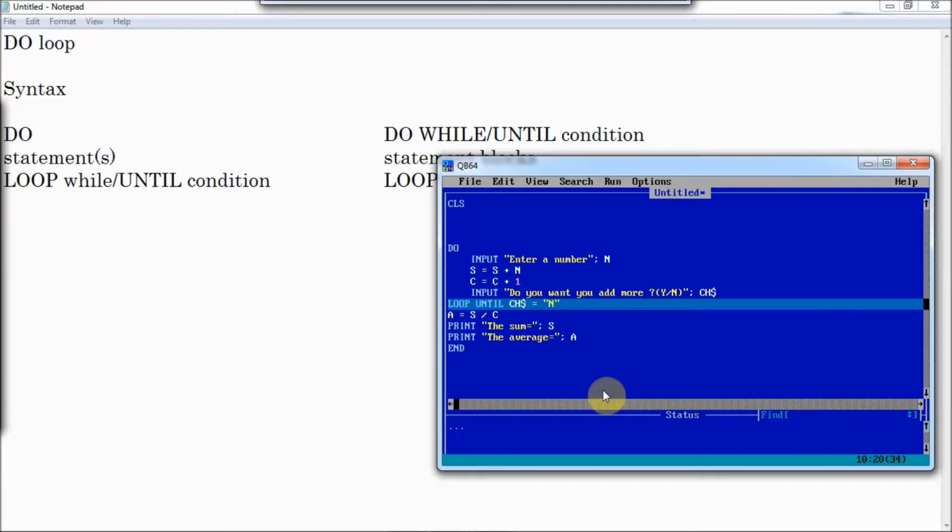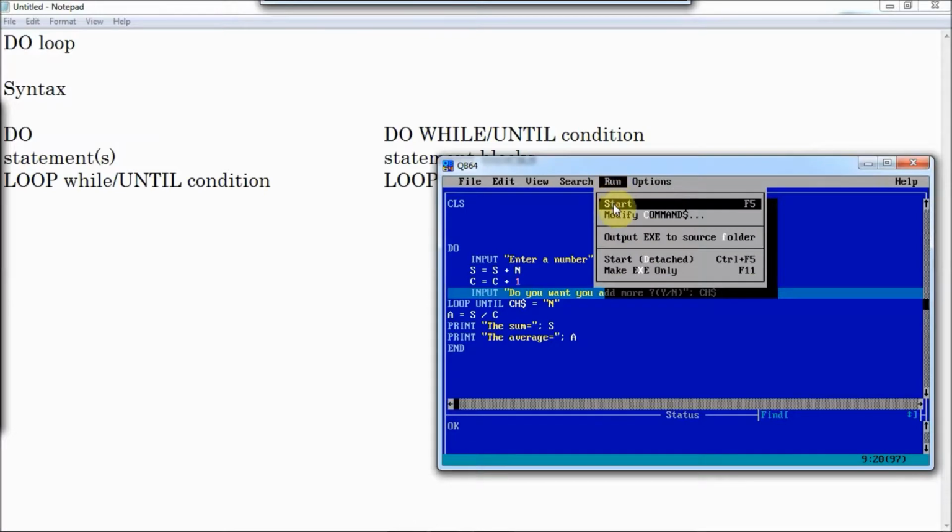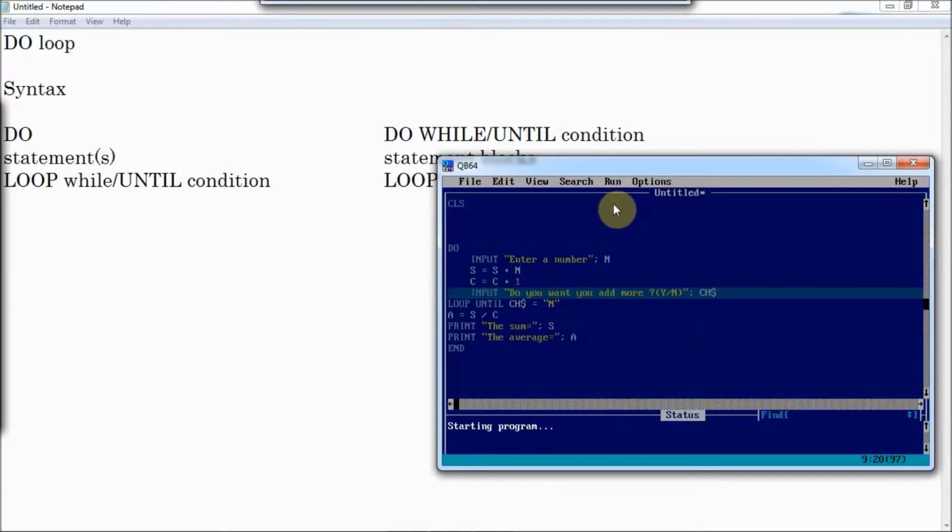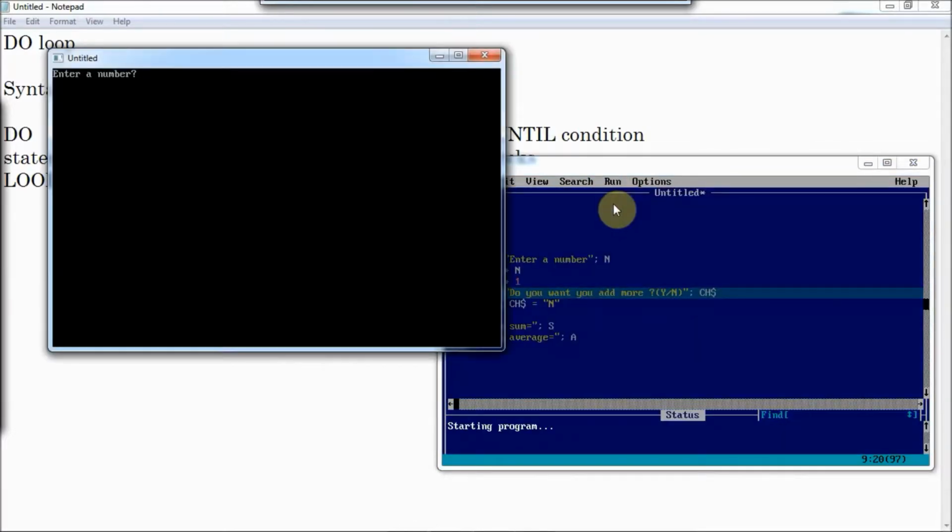and this can be done in this manner also. When you give n, actually it stops with any other character, not only n. Okay. Sorry, if you give enter a number 8, 4 and 6.